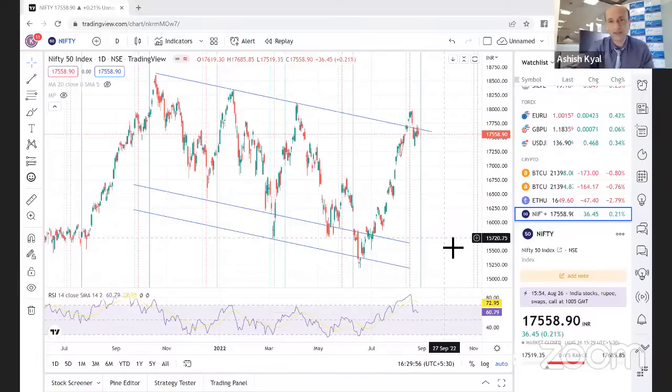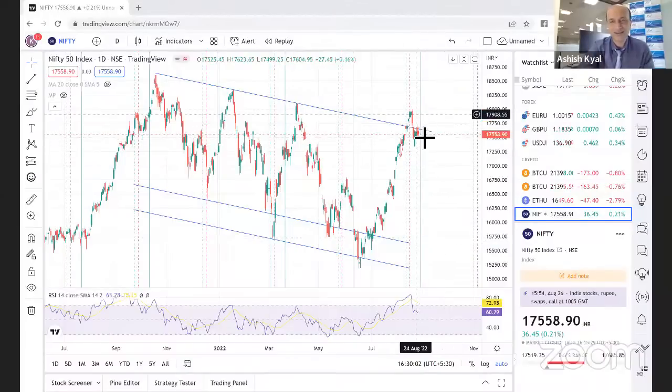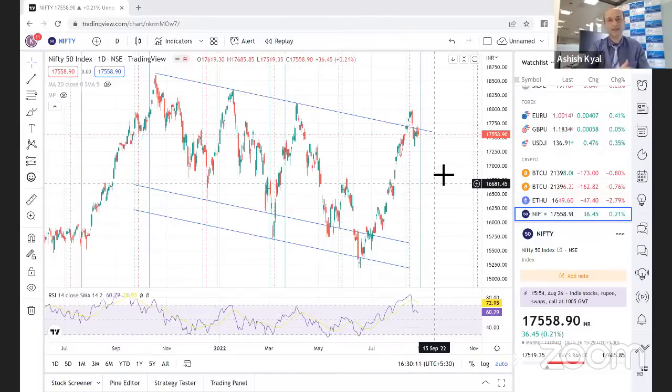Wave 2 does not form a triangle. Correct. So I'm not saying this is wave 2. I'm saying this is not wave 2, right? I'm saying this is a wave B that we are seeing possibly, or currently wave G is going on. So wave 2 तो है नहीं ना, wave 2 can't form a triangle.